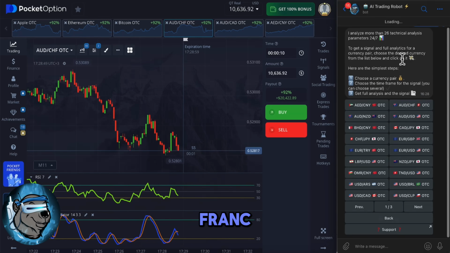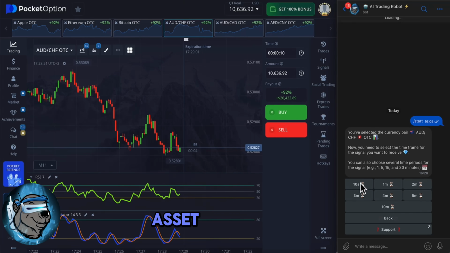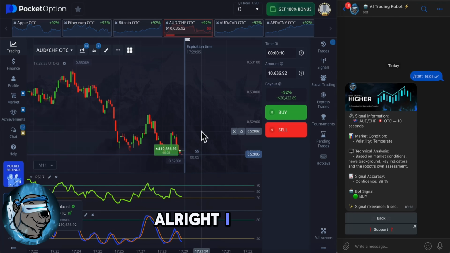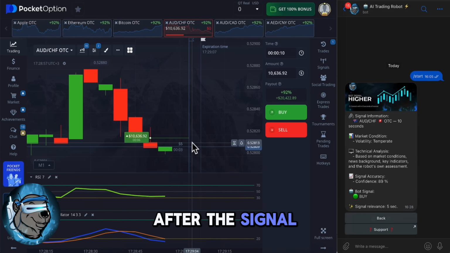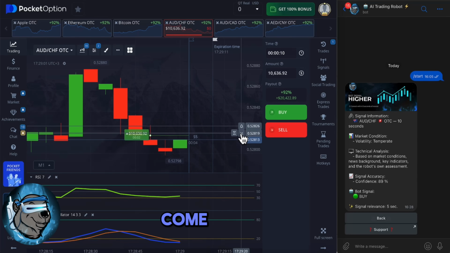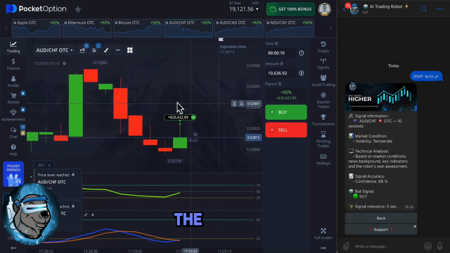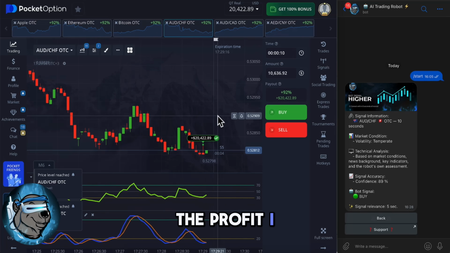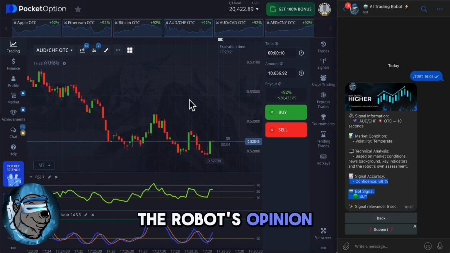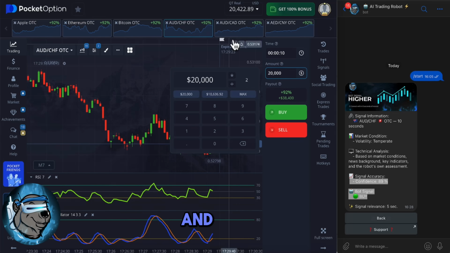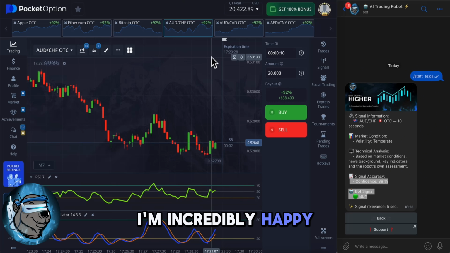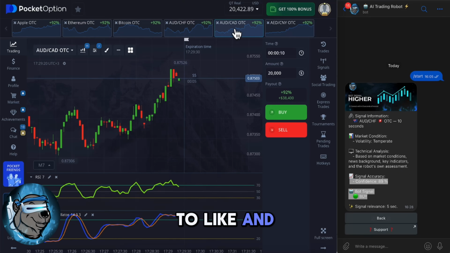Australian dollar and Swiss franc. We select this asset, signal for 10 seconds. The trading robot says buy. Alright, I opened a buy trade after the signal. We need the trade to close in profit. Come on, go up. Come on, come on, come on, come on. Awesome. The trade is closed. I got the profit I was expecting. The accuracy of the signal, the accuracy of the robot's opinion, lived up to expectations, and now I already have $20,000 in my balance. I'm incredibly happy with this result,